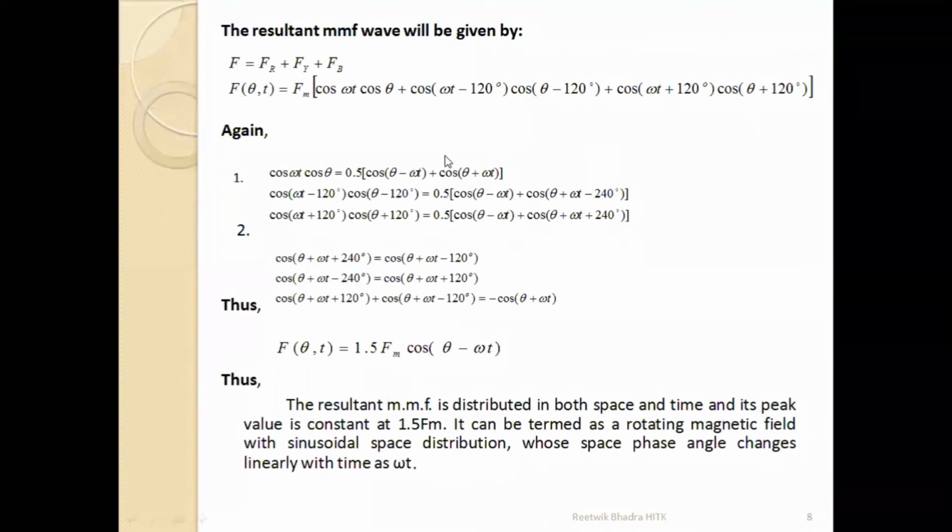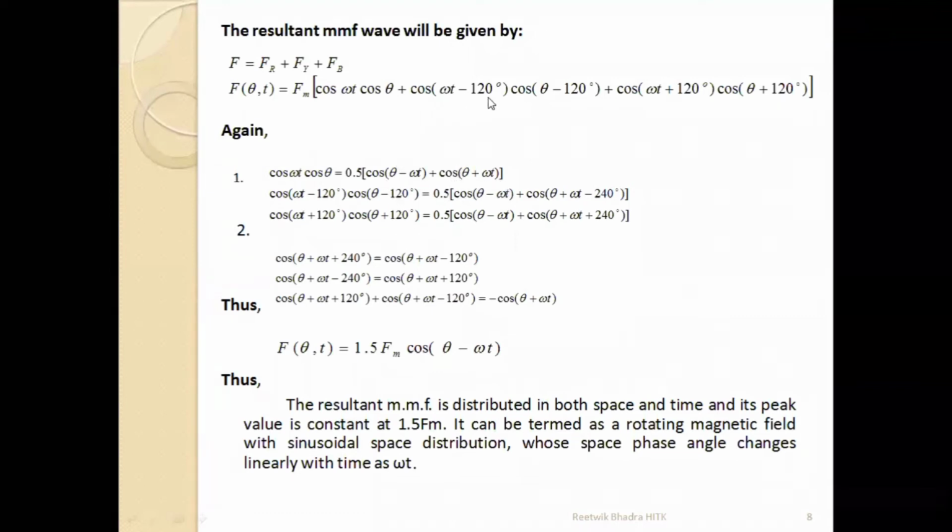Next I have done some simple calculations. cos A cos B can be written as half of cos(B minus A) plus cos(B plus A). So I have broken it out like that; this is B, this is A. You can do this on your own, I am leaving it up to you. I am just telling the formula: cos A cos B equals half cos(B minus A) plus cos(B plus A). So for cos omega t, you can find half cos(theta minus omega t) plus cos(theta plus omega t). You can do all these calculations.